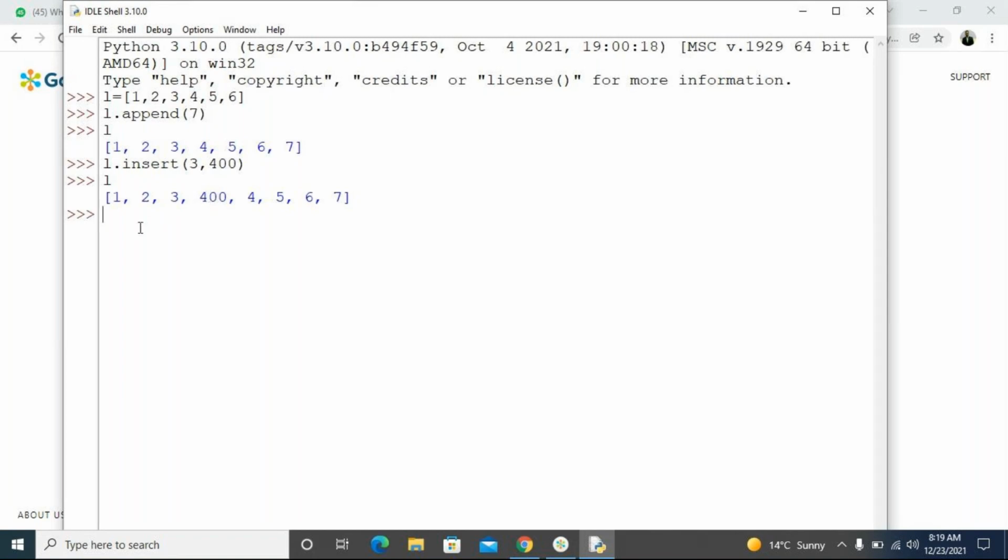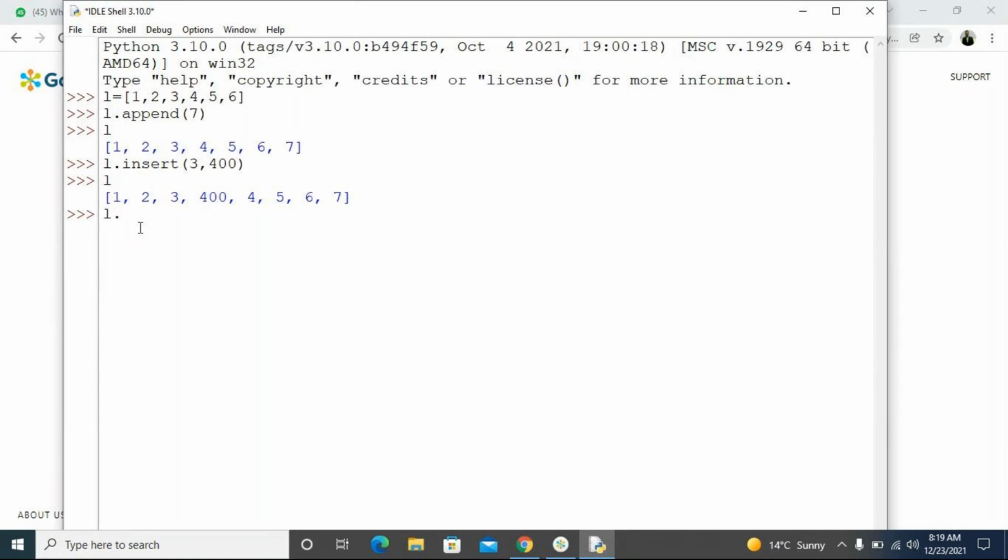It's better that everyone knows all the methods used in each data type. In the list data type, what are the different methods we use? In tuple, what do we use? In string, dictionary, set? If you know all these methods, the benefit is that you can work with that data type with ease. You don't need to do operations from scratch. You can directly use the methods available in that data type.